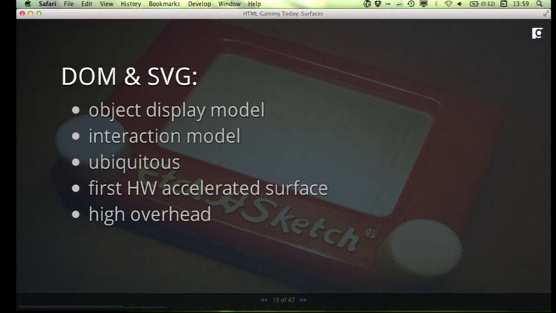It's everywhere. The DOM was the first hardware-accelerated surface. You look at things like older versions of iOS, and the DOM was hardware-accelerated. Nothing else was. And so it gave you performance on mobile devices that you really couldn't get with any other surface. The disadvantage to them is that